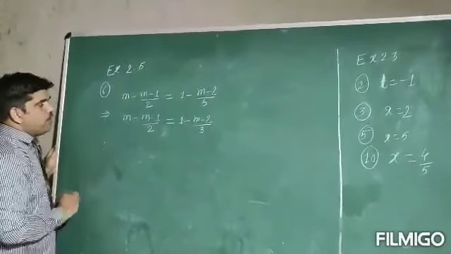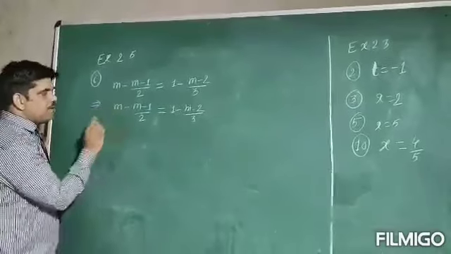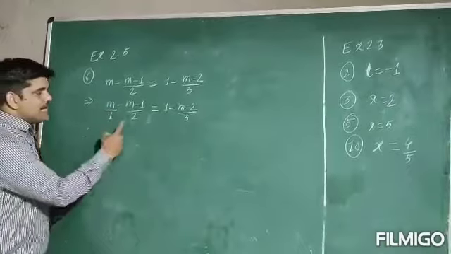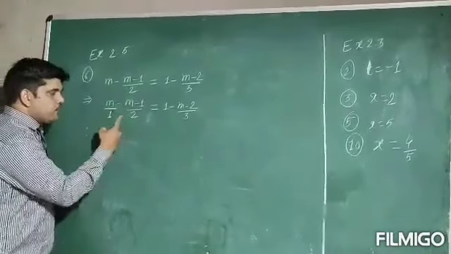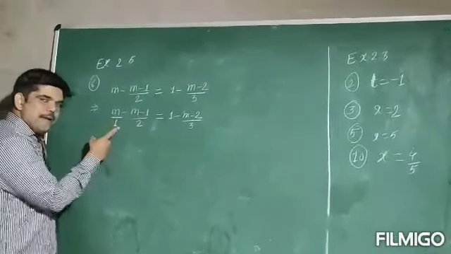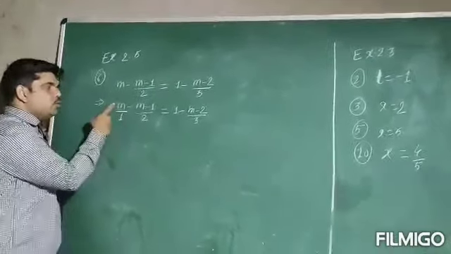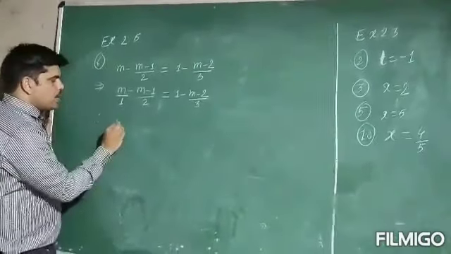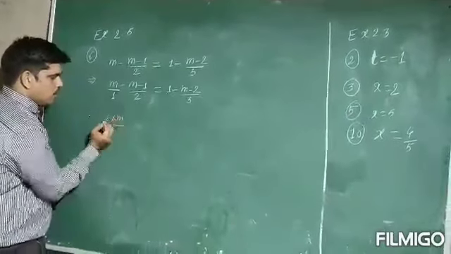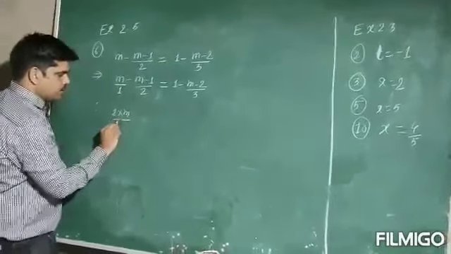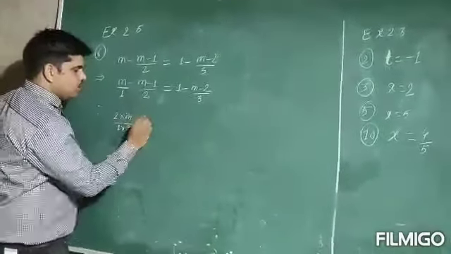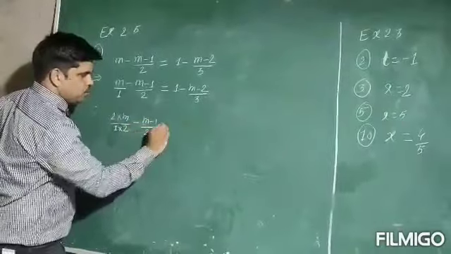Now this m doesn't have any denominator, so we can take 1 as a denominator. Now what is the LCM here? 2. So we need to make both the denominators the same, meaning 2 we need to make. So here 1 is there, we need to multiply 2 to the numerator and 2 to the denominator. So 2 into m upon 1 into 2, minus. Now here already 2 is there, so m minus 1 upon 2 as it is.